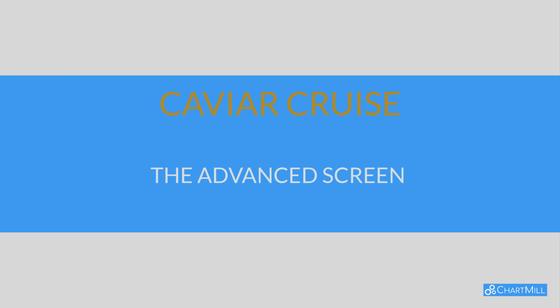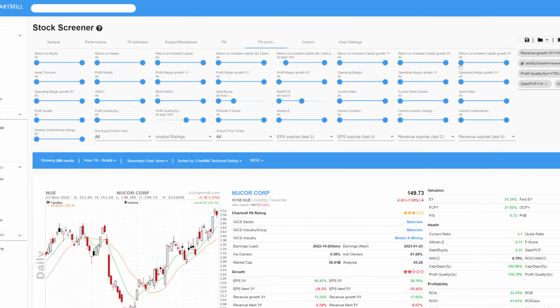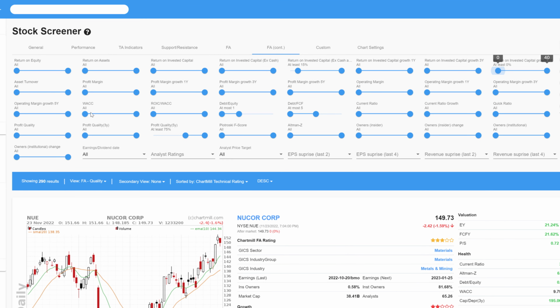In addition to the basic screen, we also provided an advanced version where a number of additional parameters were retained. This makes the selection even more stringent. What remains are companies whose profit margin, operating margin, and return on invested capital have increased over the past 5 years. The companies that succeed in this are thin on the ground, but such results are evidence of good and efficient management. It is also an indication that the company in question has a number of notable strengths that firmly establish their competitive position within the industry or sector in which they operate, as well as having pricing power that